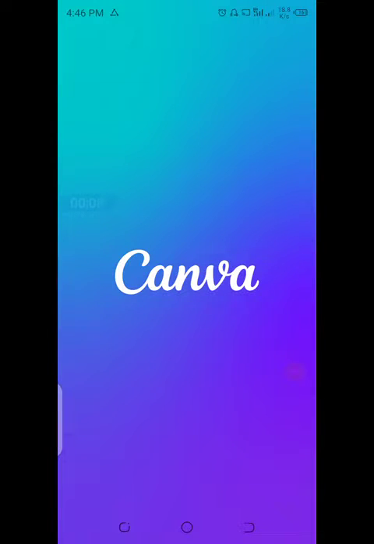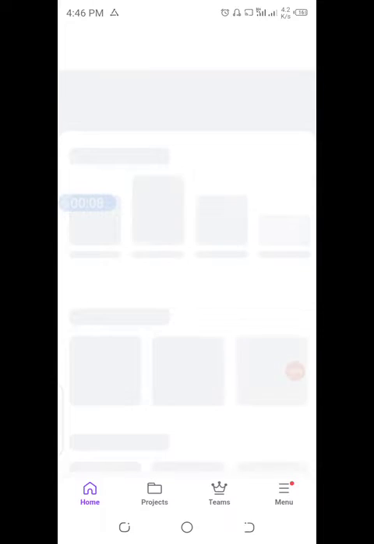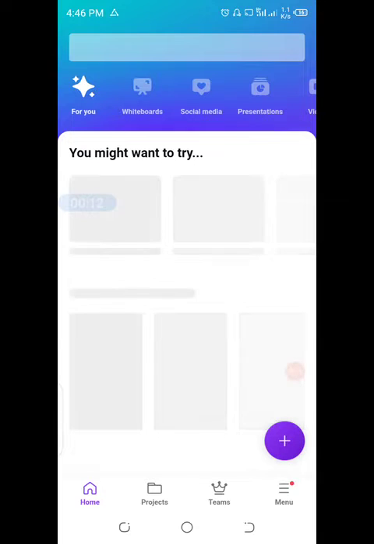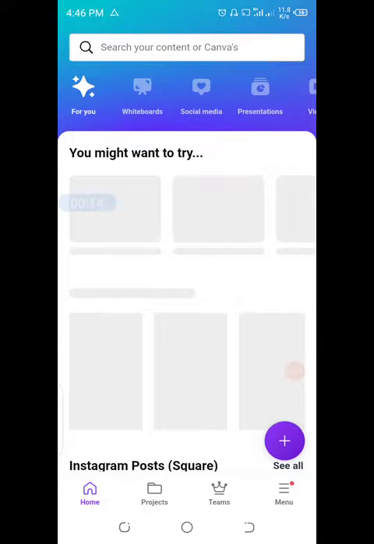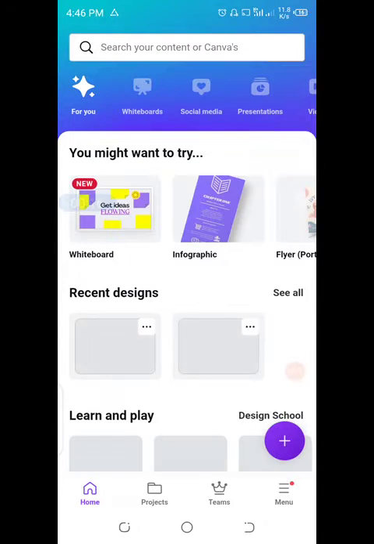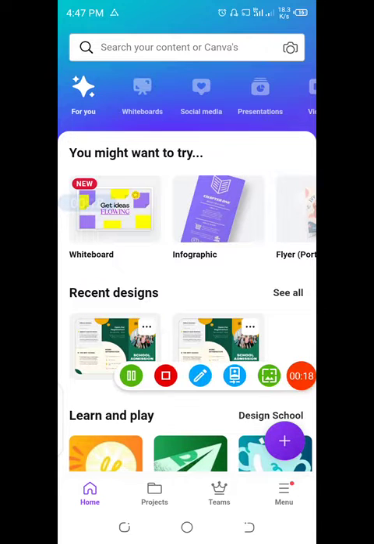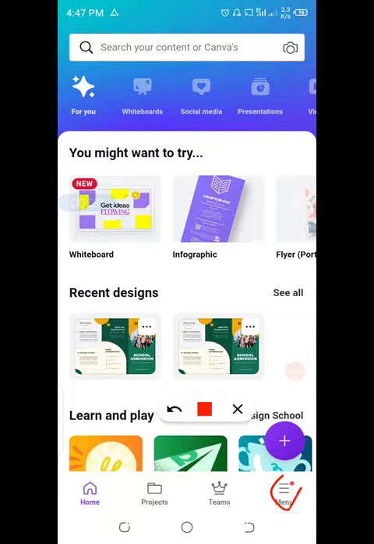Okay, we want to look at how to transfer our projects from one team to the other. But before then, let's see how to switch from one team to the other. First of all, you tap on the menu. You should know where the menu is already. Okay, the menu, and then